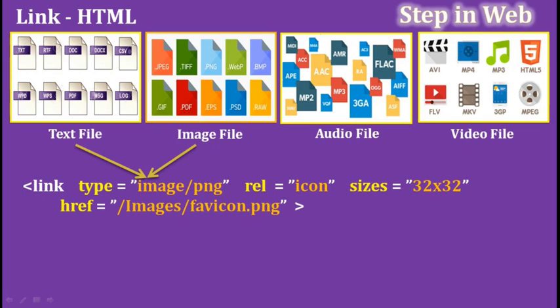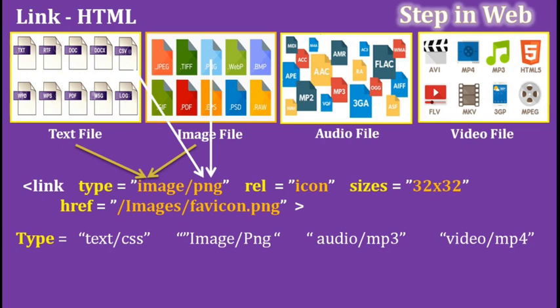The first part is whether it is a text file, or an image file, or an audio file, or a video file, like that. The first part will show which type of files we are going to handle. And the second value will be the format of each category. For text, whether it is a CSV file, or a CSS file, or a TXT file, or in the image case, whether it is a JPG or PNG, like that. It will show which format from that category.